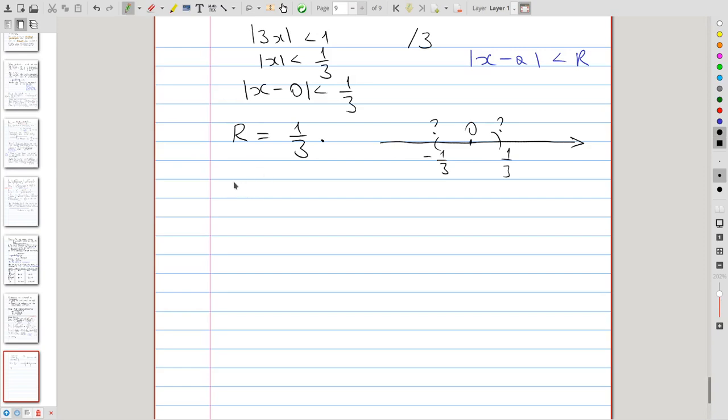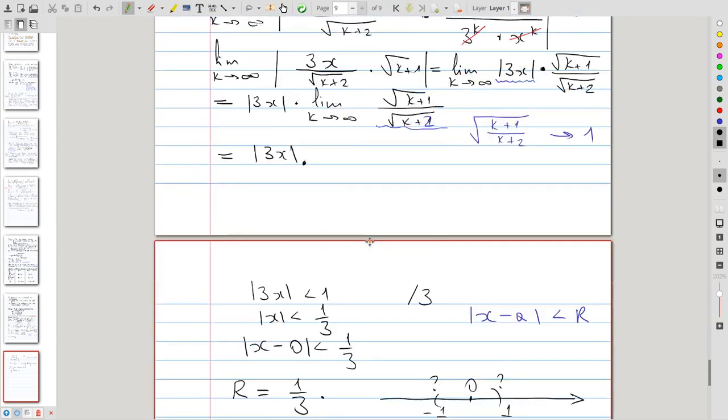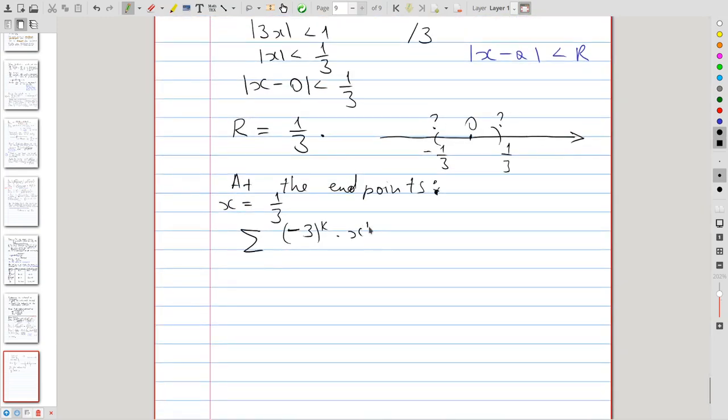So here's what we have. At the endpoints here and here, let us start with 1/3, say. When x equals 1/3, our series, which has this form, becomes